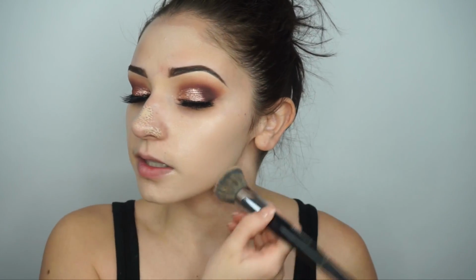And then I'm going to do the exact same thing. I'm going to push the product into my skin in circular motions, so that first layer is really in the skin. And then when I add a second layer with the rest on the back of my hand, I'm going to do circular motions and buff. And then once you feel like you got your skin colored, it does give you a natural finish too,